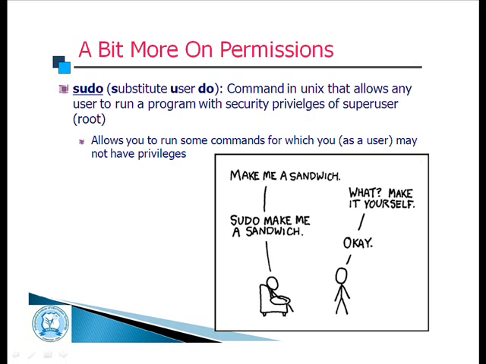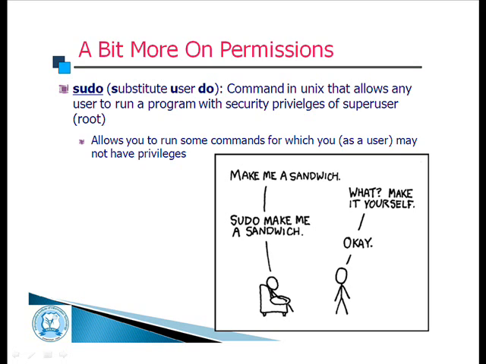So for example, if I go to my terminal, there is a file in the etc folder called sudoers, which essentially tells me which users have sudo permission. I just want to see who has this permission. Ideally, as a user, I should not be allowed to do it. If I try to access this, because I am not the root user, the system doesn't allow me to